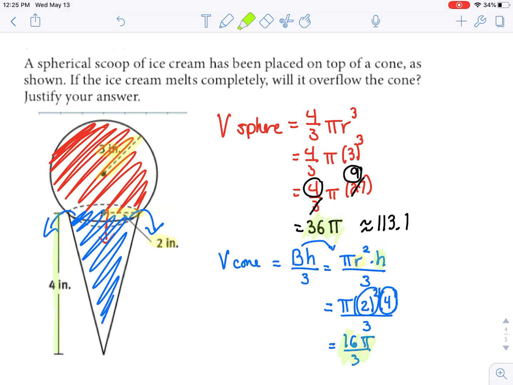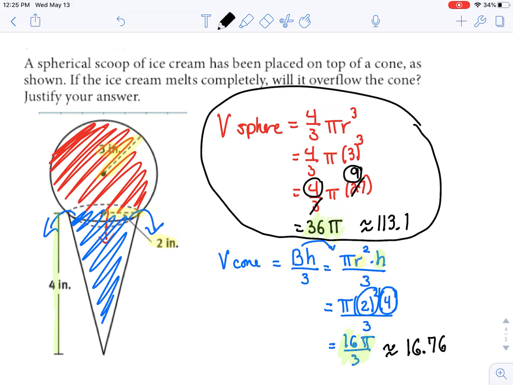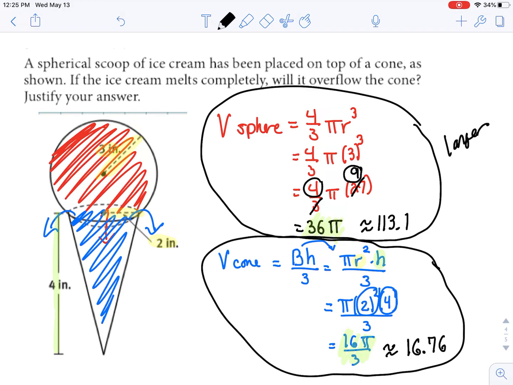Now right here, some of you could probably compare these right away and be able to tell that 36 pi is much larger than 16/3 pi. If you are not able to compare that right away, convert this into a decimal. So 16 pi, then divide by 3, and we're going to get about 16.76. So as we can see, the volume of the sphere or the ice cream is much larger than the volume of the cone itself, and therefore the question, will it overflow the cone? Of course the answer is yes, it will, since there's much more ice